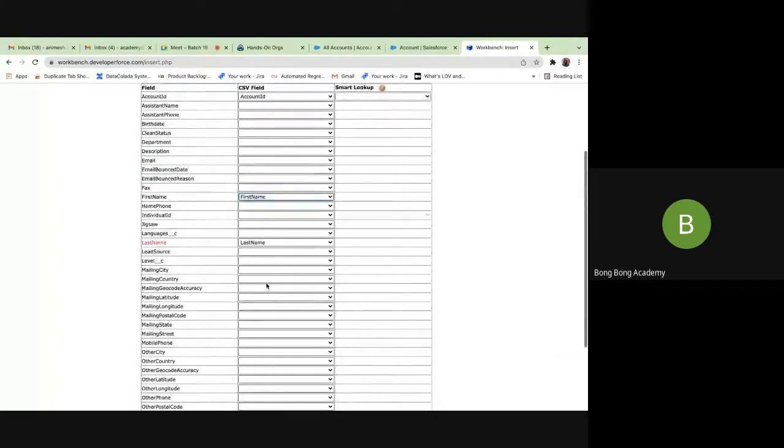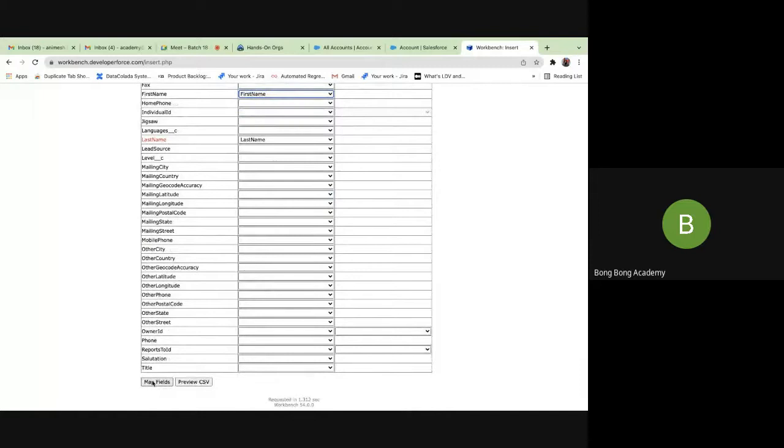Will this work now? What do you think if I map these 3 fields? Can I upload these records? Will Salesforce allow me to upload these records? Any ideas? Let's do it.